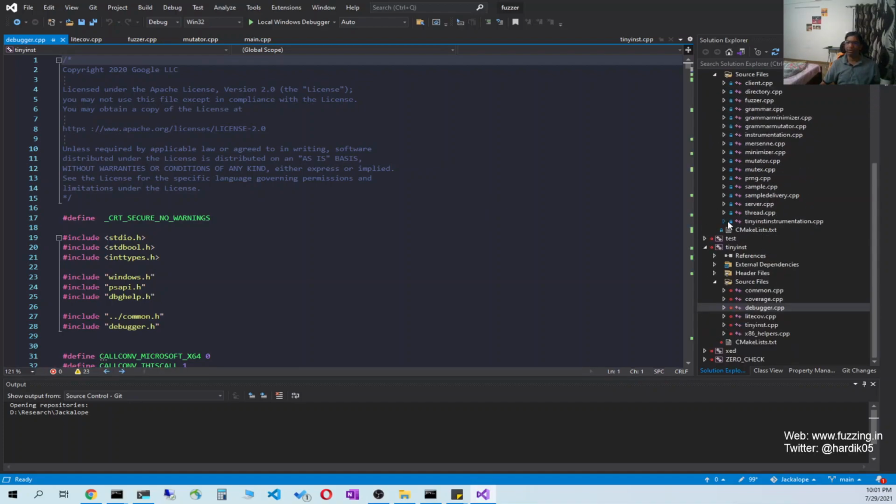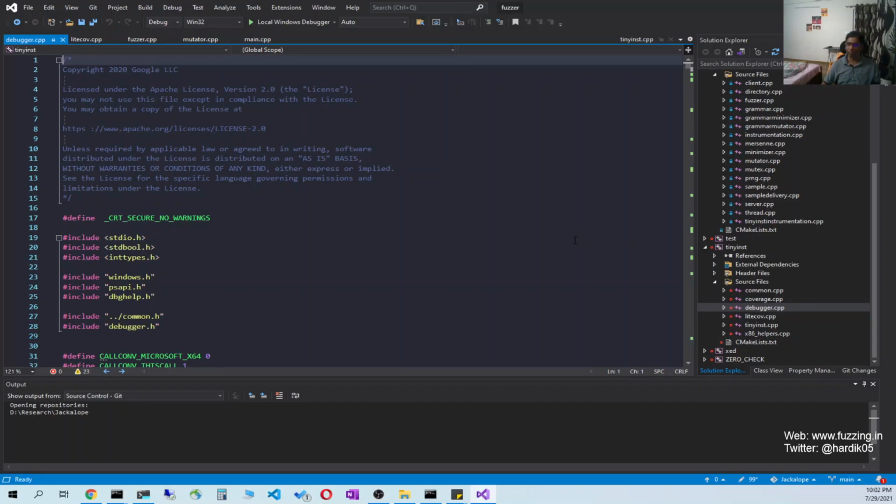It also has a feature called compare coverage, which is something WinAFL doesn't have right now. What I mean by compare coverage is that it tracks all the compare instructions during fuzzing. So say there is a compare, if x is equal to xyz, then this can easily track it and figure out what the value is. That speeds up your fuzzing, and it helps find issues quickly rather than just doing bit flipping, byte flipping, or any other mutation. So tiny instrumentation has compare coverage, and if you want, you can enable it by giving a flag.